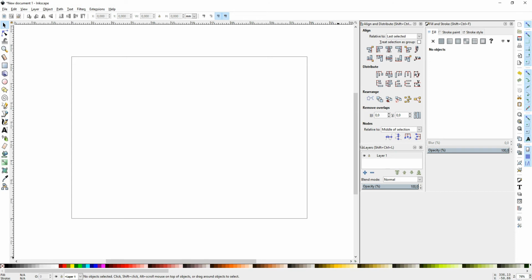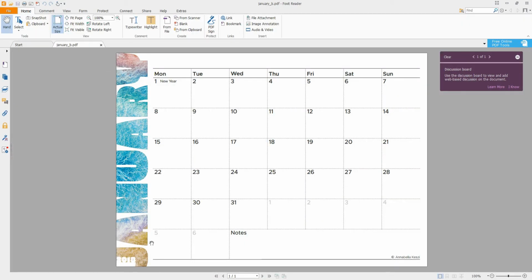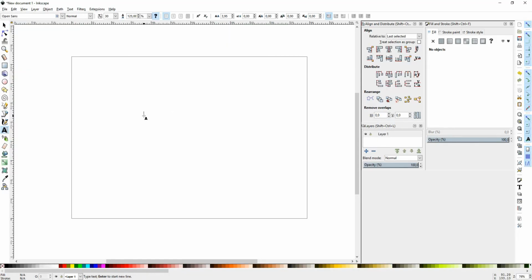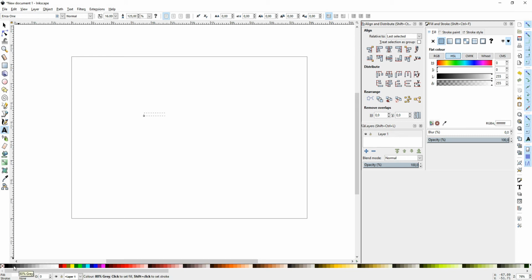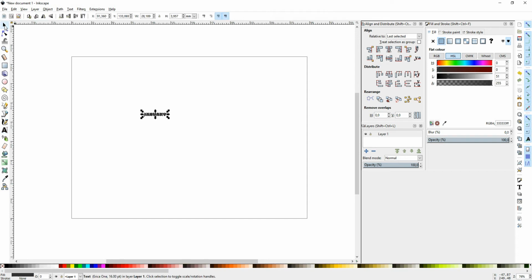Now I want to start with this January text so I can see how much space is left for the table itself. So I'm gonna type with caps lock on January and select this 80% gray by clicking it, and if you can see a stroke around it, just shift click this none. And then switch to the selection tool, and clicking on the object again